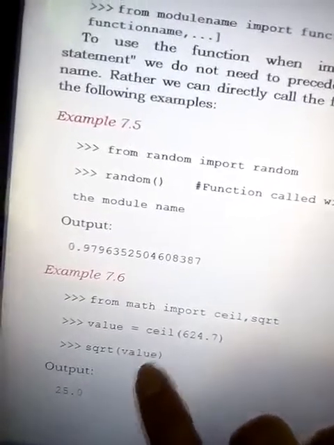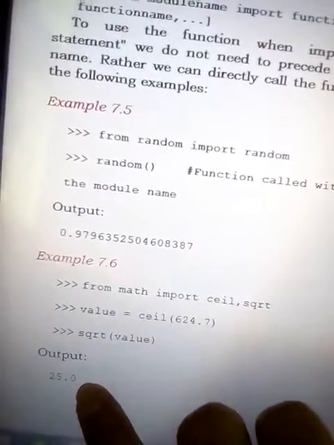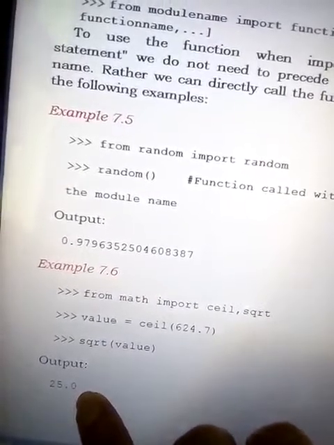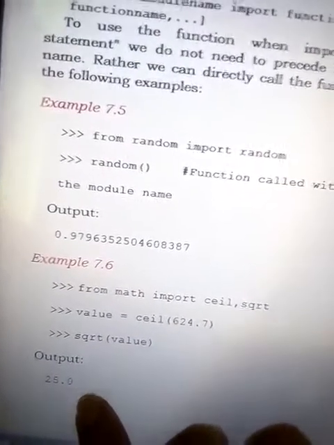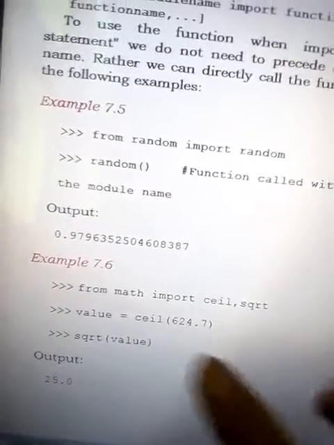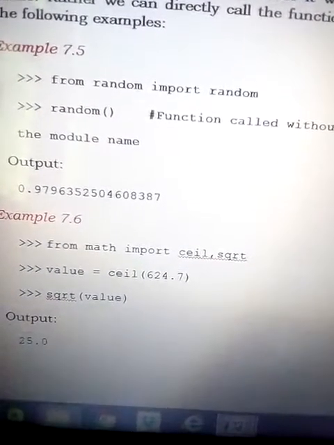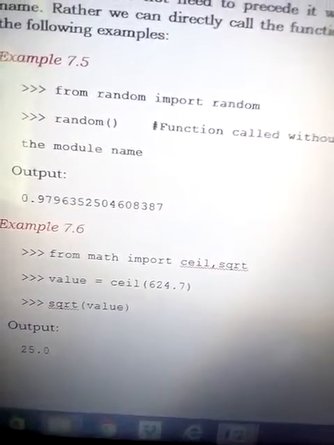The square root of 625 is returned, that is 25. So the square root of 625, that is 25, is the output we get. We use this kind of from statement to use functions directly.